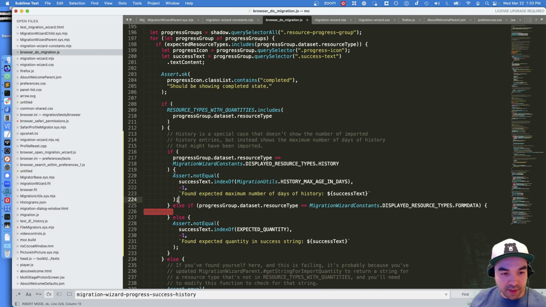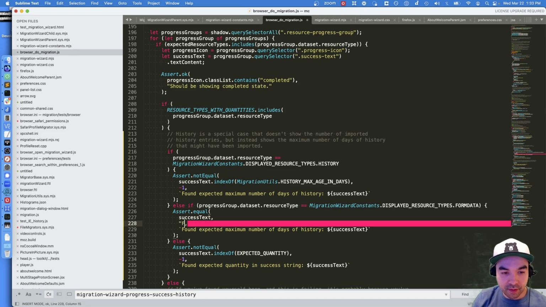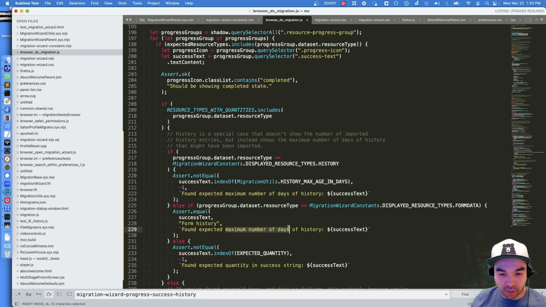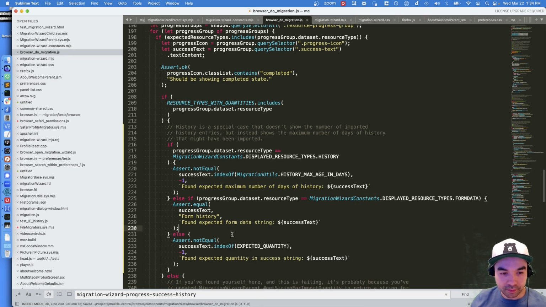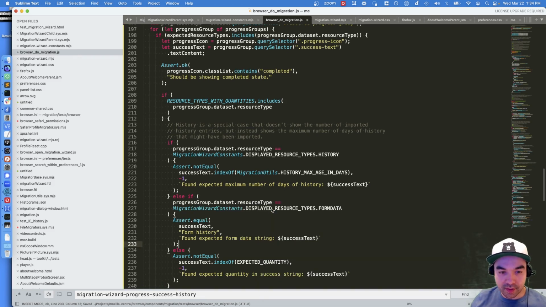Then we're going to assert, instead of showing the quantity, we're just going to show that the success assert equal success text is form history. Found expected form history string, form data string. It's kind of weird to test strings like that, but